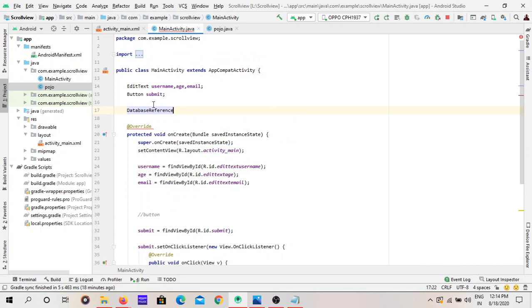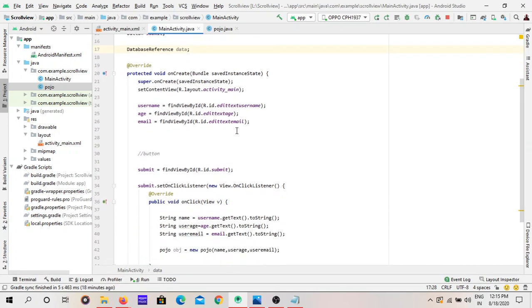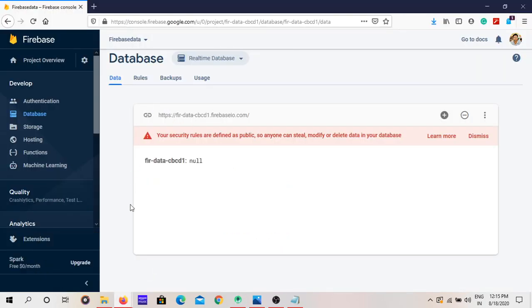Create one reference variable for this database reference, like myRef, or you can name it data or databaseReference, anything you like. Now we created a variable for this class, and we can use this class for referencing this Firebase database.